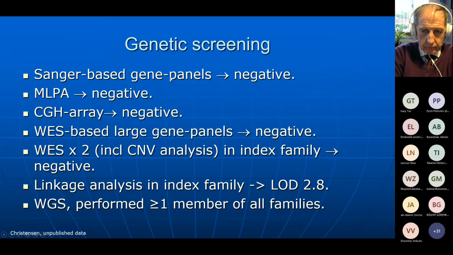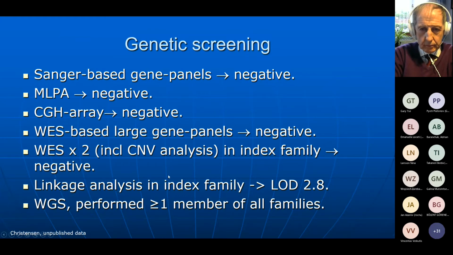We started out with Sanger-based gene panels, didn't find anything. Did MLPA for larger deletions or insertions, didn't find anything. Genome-wide hybridization arrays for deletions, insertions, etc. Didn't find anything. Did whole exome sequencing actually twice, including copy number variation analysis. Didn't find anything. Did linkage analysis using a SNP array, and we actually did find a single locus with a